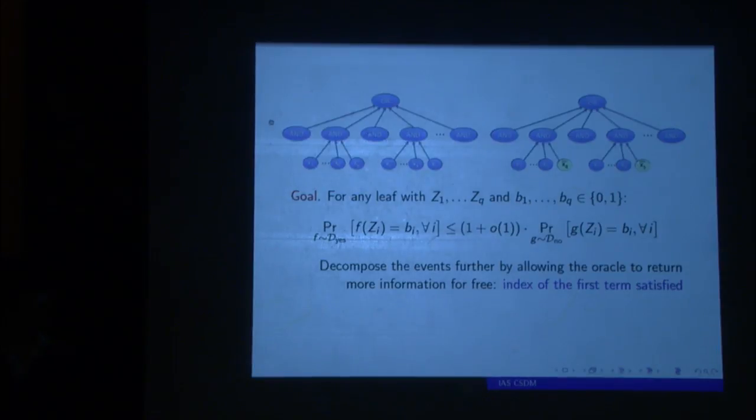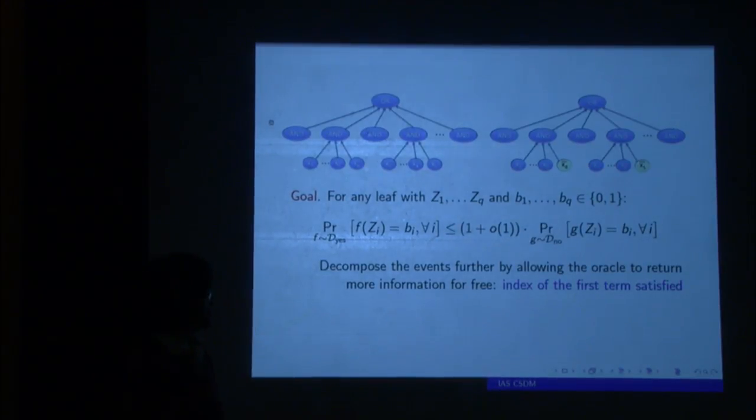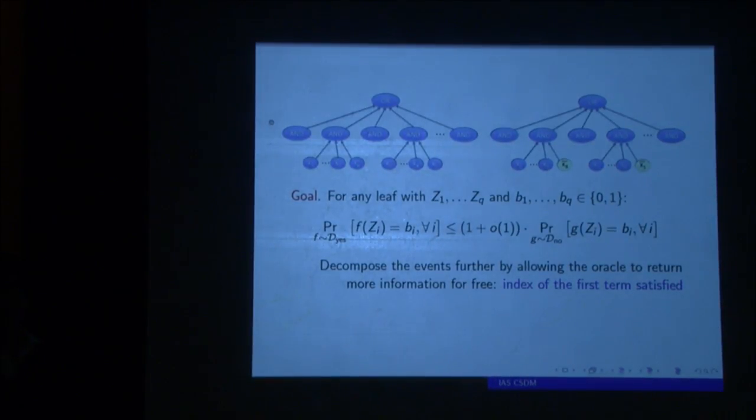So here the way to decompose it is I just allow the oracle to return to you not only the value of f(z); if f(z) equals 1, I also allow the oracle to tell you which is the first term that gets satisfied. Okay,